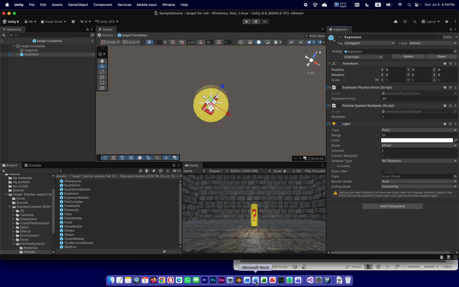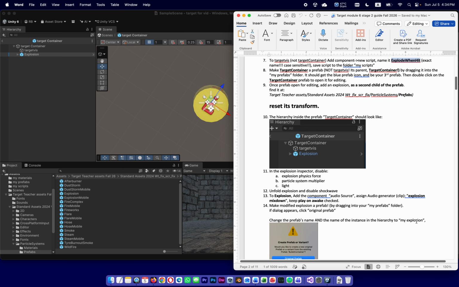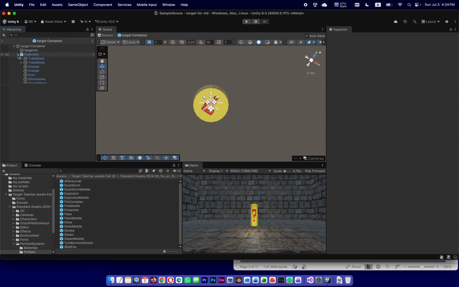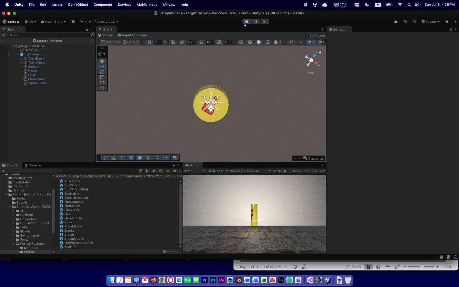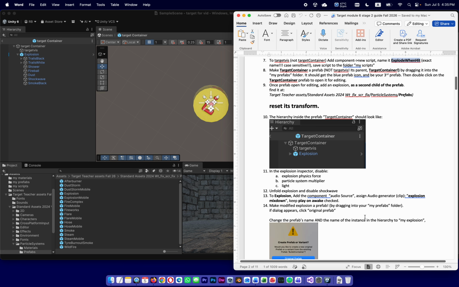And by the way, I can disable them or delete them, but I'd rather disable them. Unfold explosion, and you will see that it's actually made out of a bunch of elements like trails and smoke and so on. If I play, you'll be able to see that there's a flash and there's a smoke and there's like sparks and stuff like that. We don't need all of it. So what we're going to do,